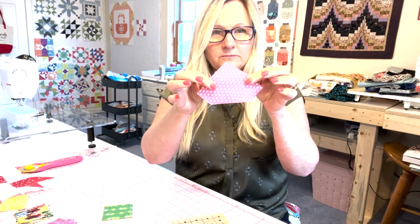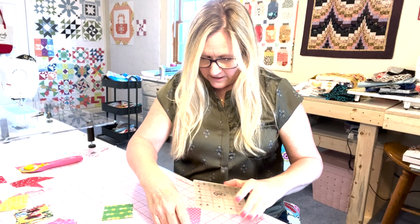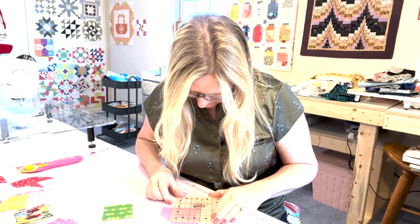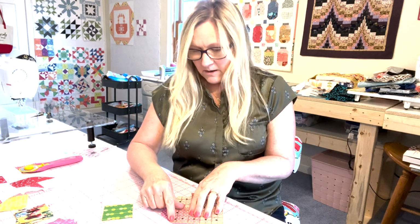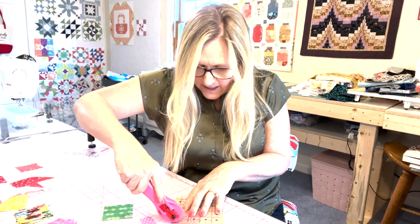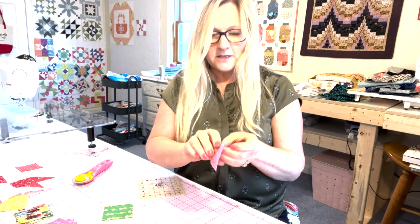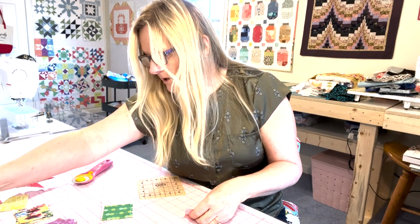And I also wanted to show you this right here. So I've got this little piece. If I put my ruler on it and measure it, it's just a little tiny bit shy up here in the corner. You probably can't see that, but it is. But that's okay, because if I use it to make the half square triangle, which I'm going to show you, I just cut that off, and see right here, it's got that little bit off, but that doesn't matter,